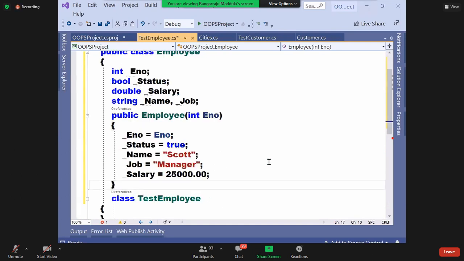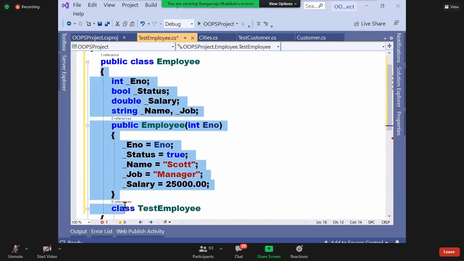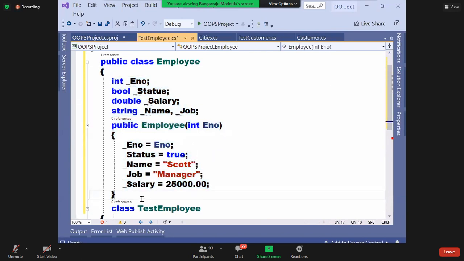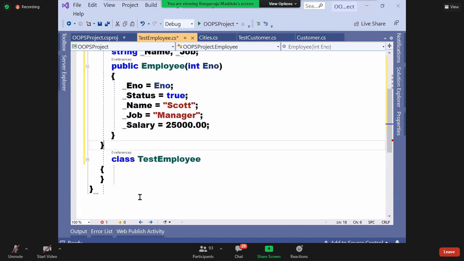But because we don't know how to work with the database, I'm assigning static values. In the future, all these values will come from the database. Now look at this code. This class is exactly the same as the customer class only. No difference.